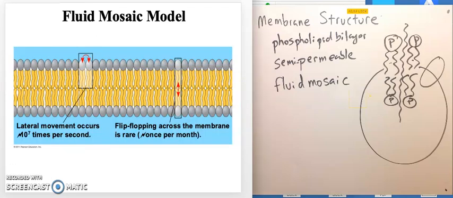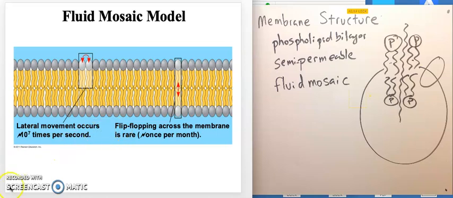If we look at how frequently phospholipids are moving in the membrane, it's much more like a liquid than it is like a solid. They're constantly moving back and forth, 10 to the 7th times per second, sliding past one another. However, what doesn't happen very frequently is these polar head groups flipping all the way across the membrane into and out of the cell. So the outside of the plasma membrane and the inside of the plasma membrane really maintain their orientations and are